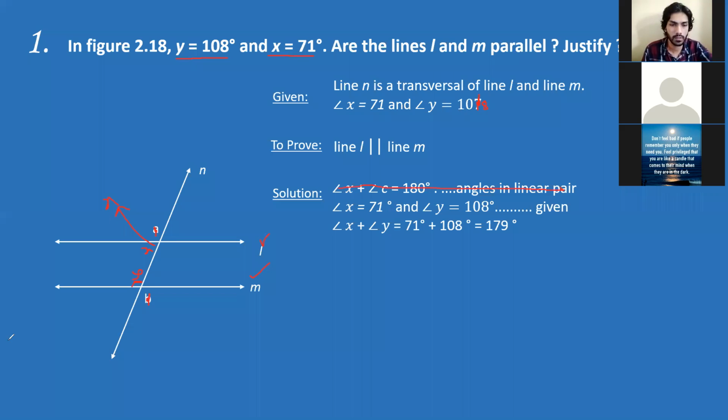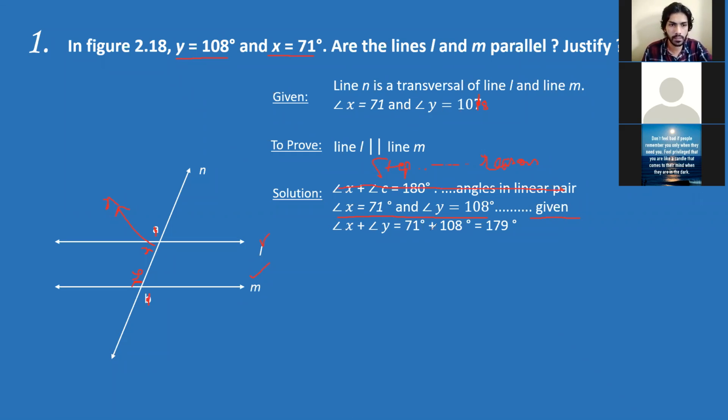So the solution, folks, is very easy. First, angle X is equal to 71 degrees and angle Y is equal to 108, which is given in our problem. The way we write a solution is we write the step over here and we write the reason for it. Whenever you are writing in your exams or textbook, always write the step and give the reason for that step, because it will be easier for you to understand why you have written this, and it makes me as a teacher understand why you are writing this. So the step is this. Why? Because it is given in the question. I go to the next step.